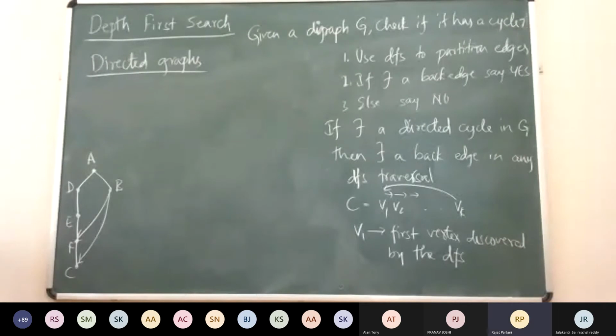Sir, not descendants, sir, but they will be in the same tree. Why? Sir, if V1 is the first vertex of the cycle to be discovered, then there is a path from V1 to Vk. Suppose at some place like V2, we go to a different path, but then it will backtrack and always traverse this path. That is an intuition, still not a proof.